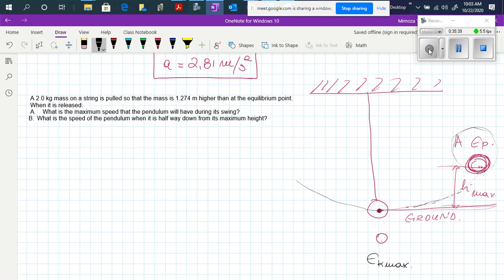And now the object is moving on the other side. So it is reaching again the maximum height on the other side. So let's call this point B. Now, what is happening with this kinetic energy of the object at the equilibrium, which is the maximum kinetic energy,